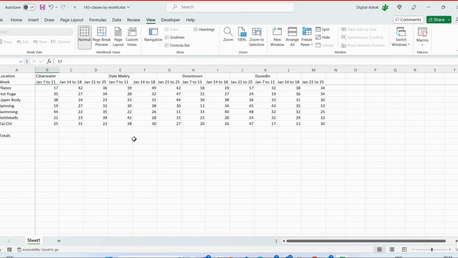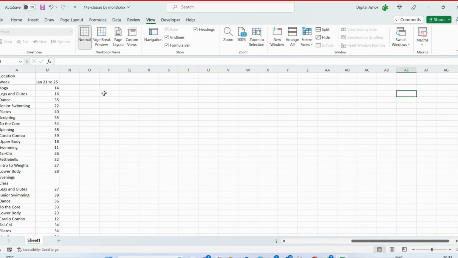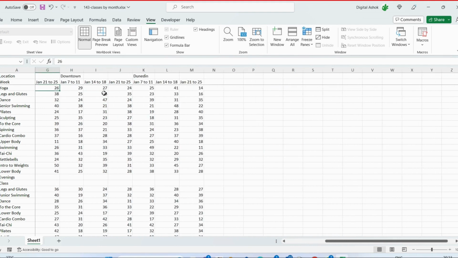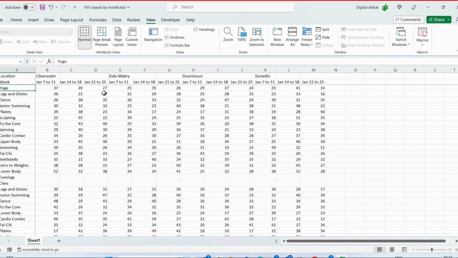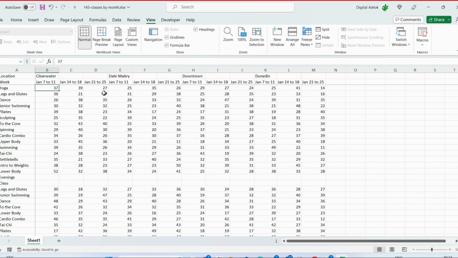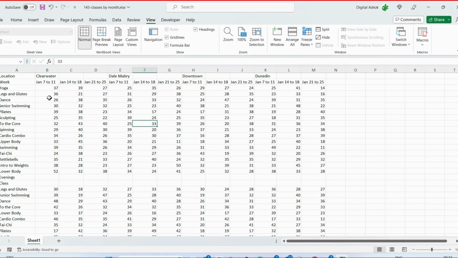Now if you scroll down, those two rows are constant, they are not moving. And if you are moving towards your right, columns are visible and row headers are visible. At the same time, column headers are also visible. So this is how we can freeze. Again I am saying, whatever cell you select,